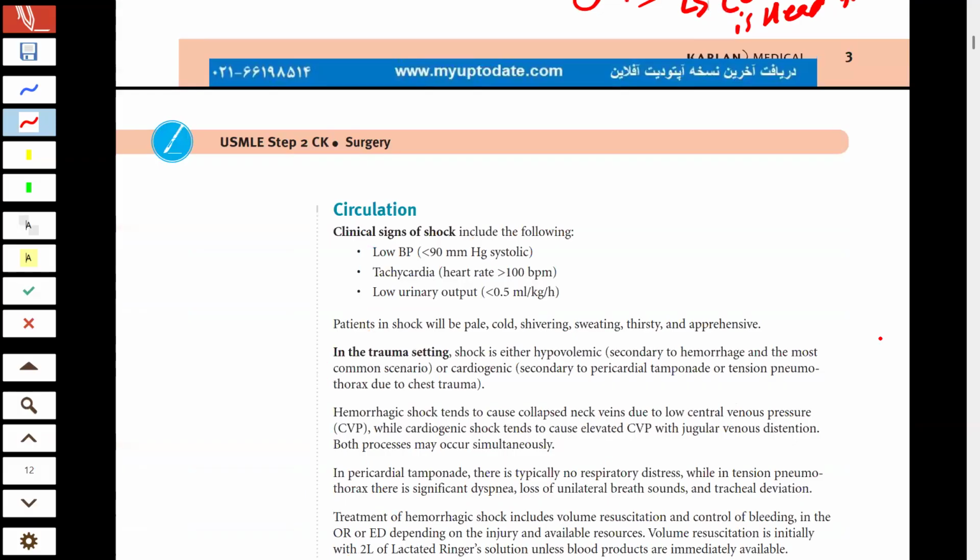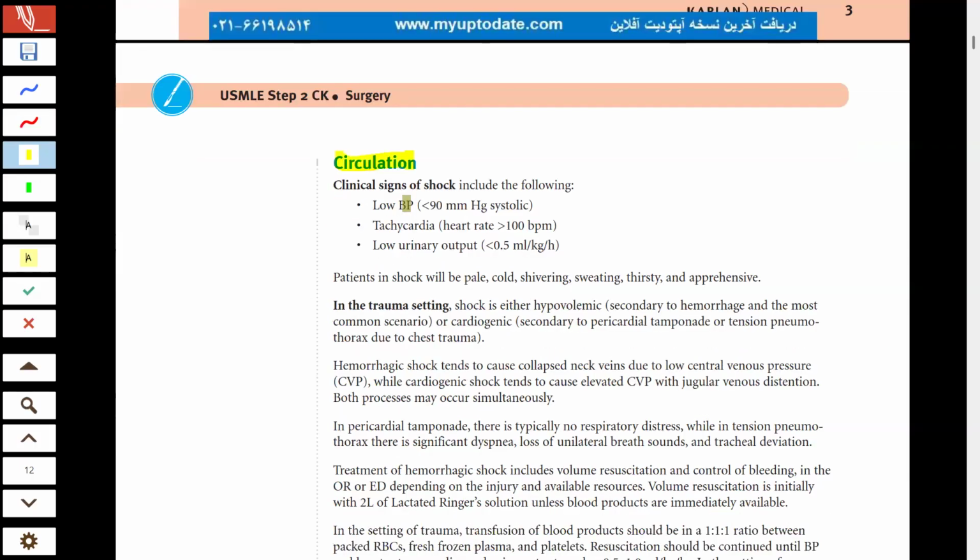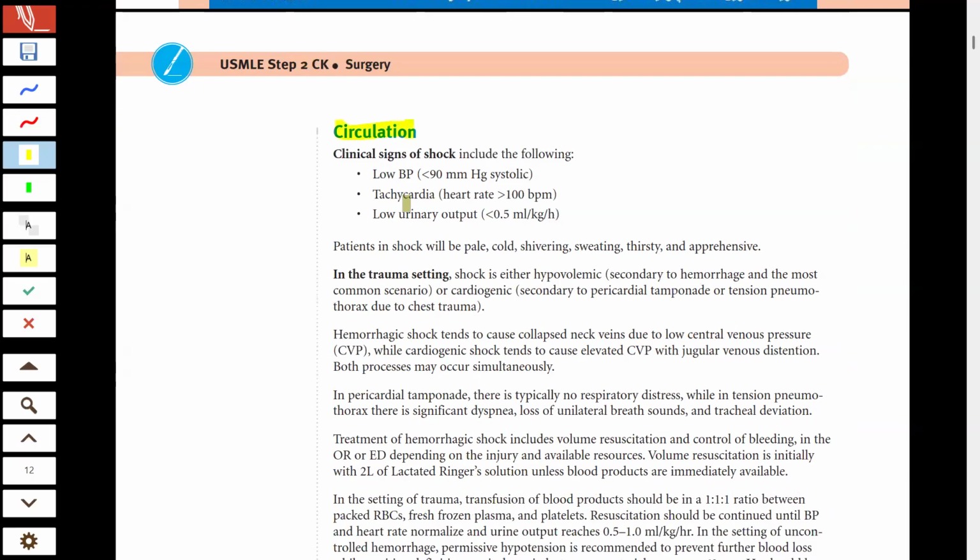Later on, after airway and breathing, we now have to see about the circulation. Maybe blood is lost due to hemorrhagic shock or anything else, so we have to consider the circulation. Is the patient in shock? So what is the definition of shock? If BP is less than 90, tachycardia, low urine output,